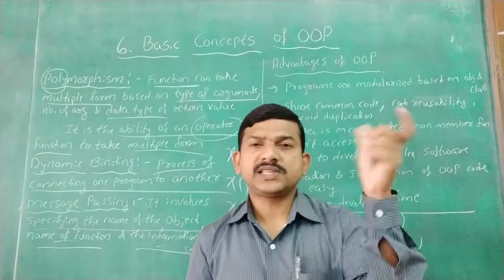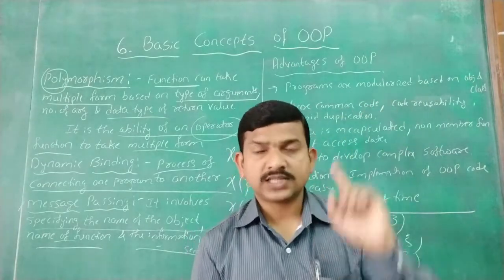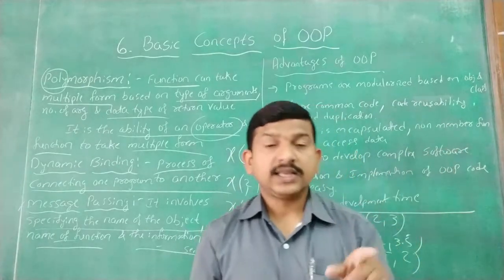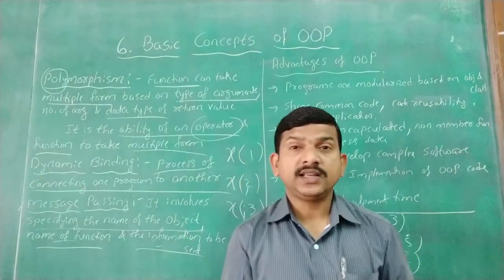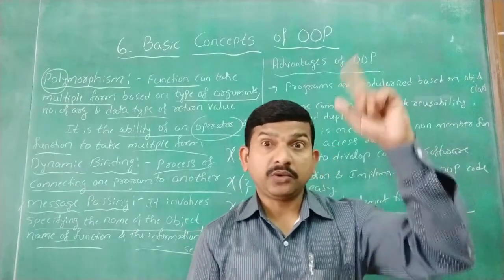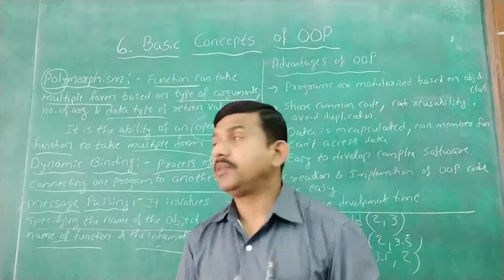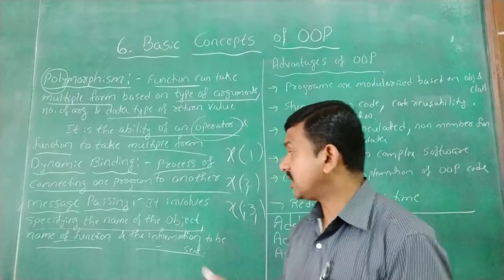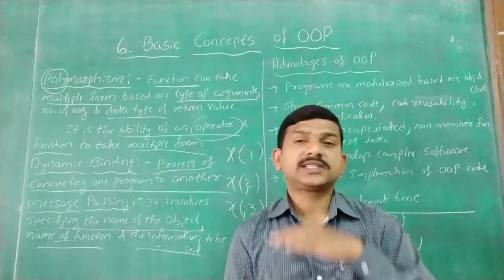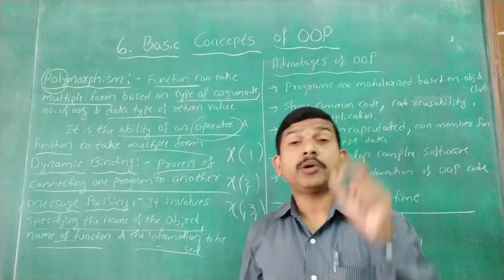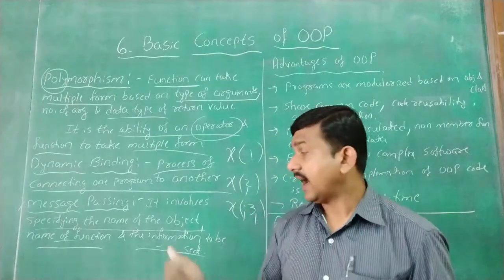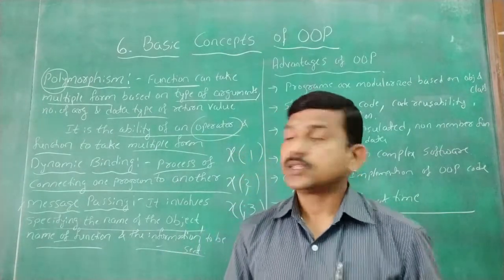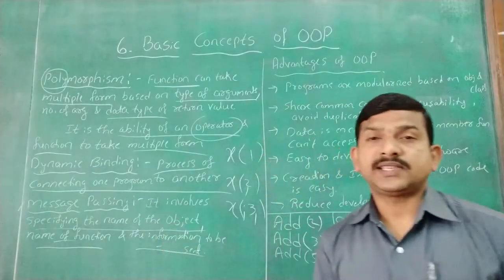To send one message, what is needed? An address is needed, or we say a phone number. The address, then the contents you want to send, both are compulsory. And the network is also compulsory. In a similar way, here if you want to pass messages, what are the things you will require? Object is compulsory, then the name of the function is compulsory, and the information you are sending. So these come under message passing.